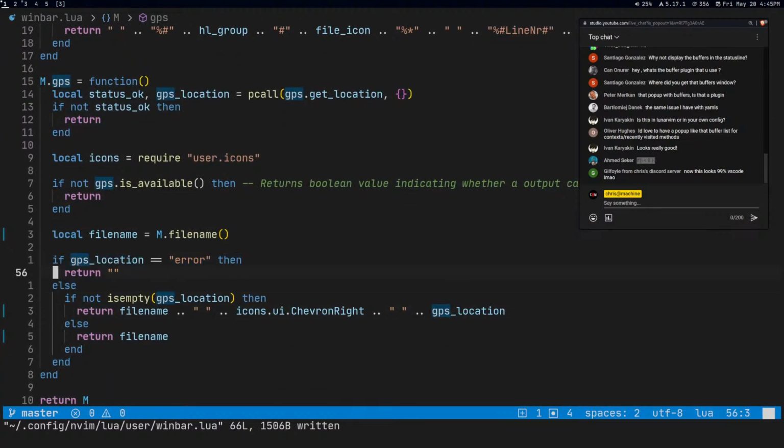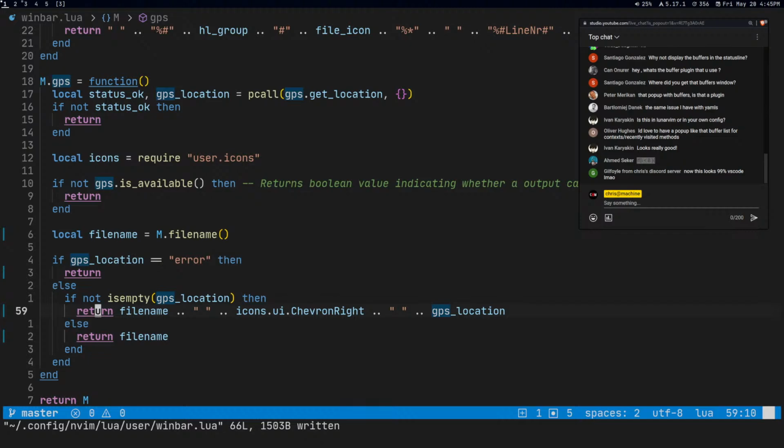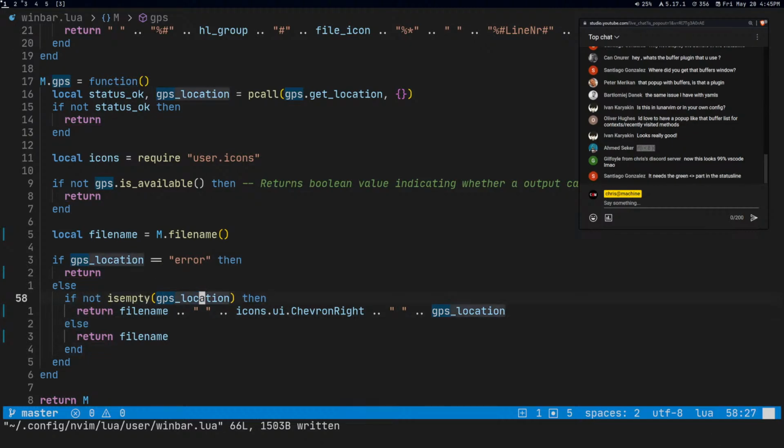If the GPS location is error, then I think we should just return like that. I think that's probably better instead of returning something different for when things don't work out. And now it says, all right, if it is not an empty GPS location, then tack that onto the file name, right? So if it's not empty, then what I want you to do is put the chevron